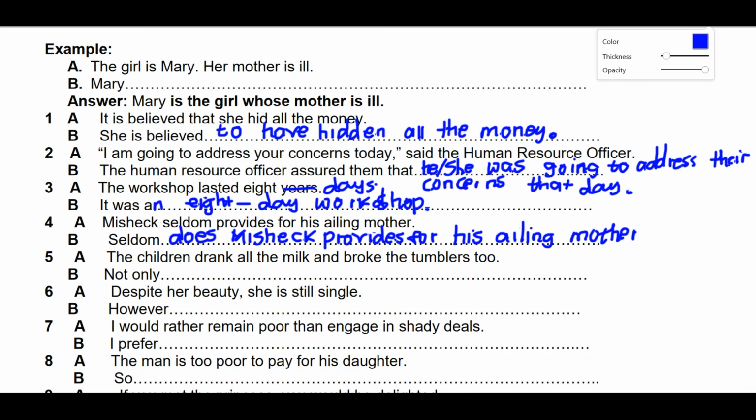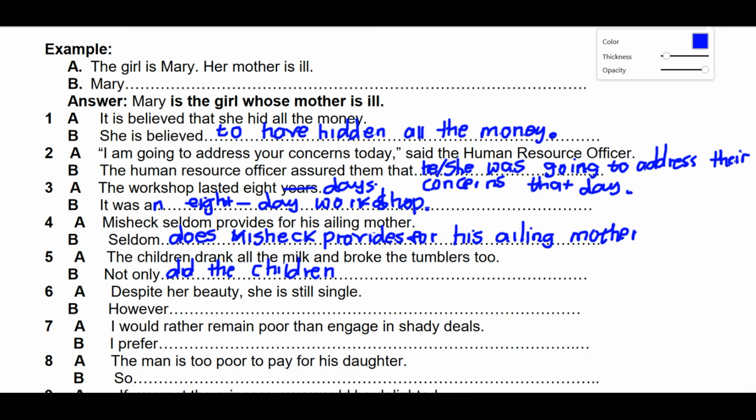Move on to number 5: the children drank all the milk and broke the tumblers too. So not only did the children